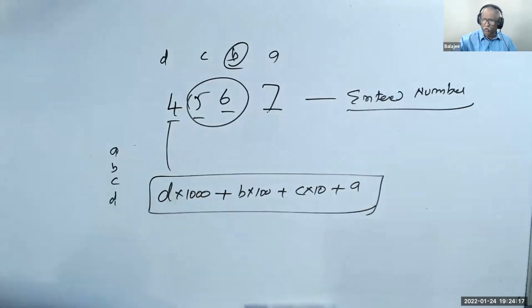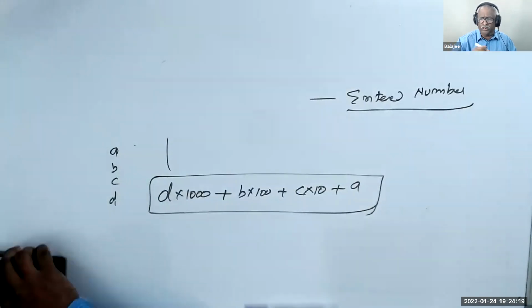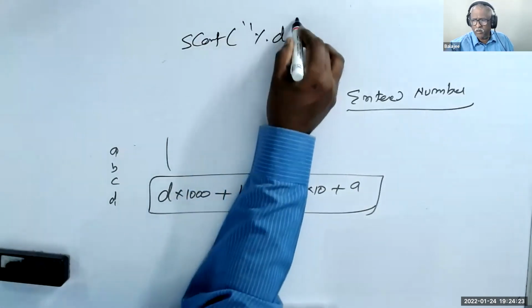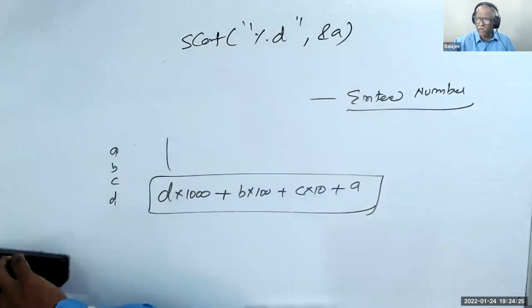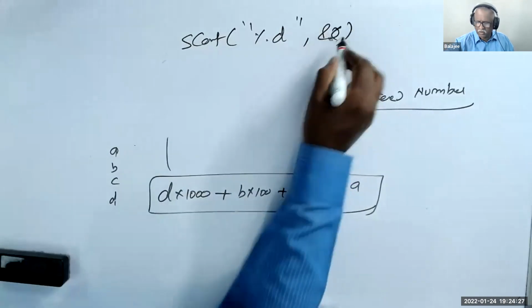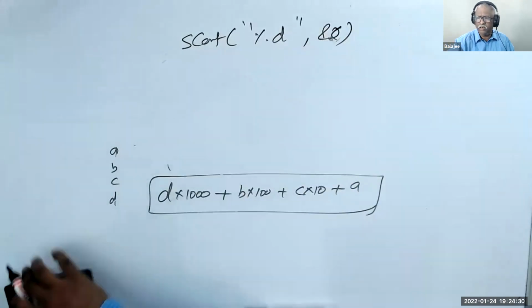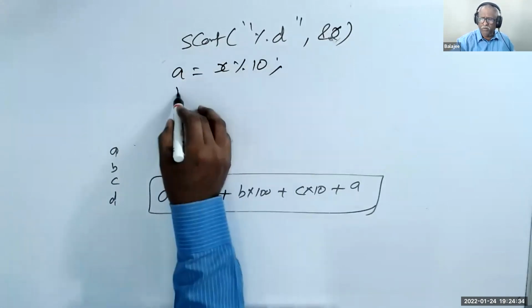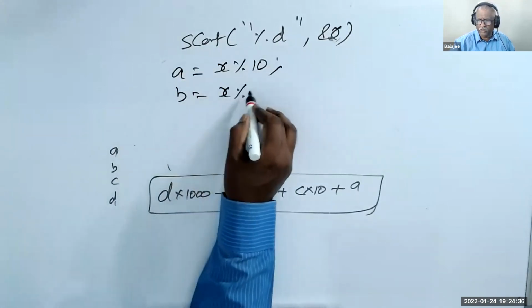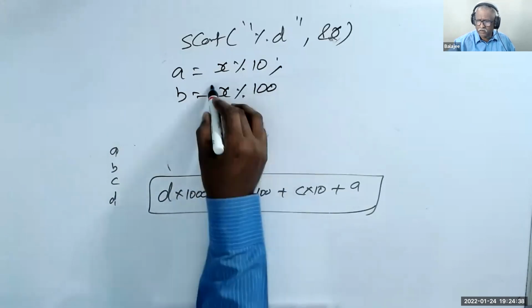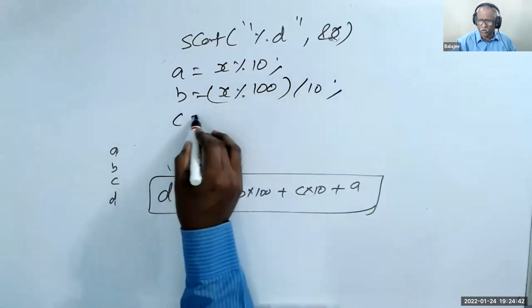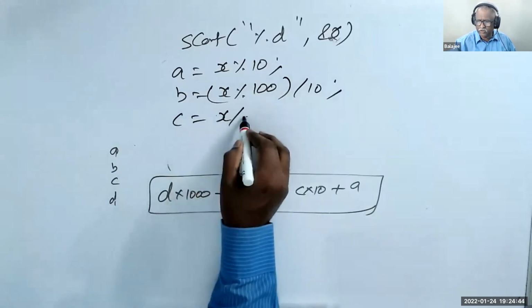Oh, you have to get it. Whatever number you get from this user, scanf, and A and X. Sorry, this is a number. Then you should say here A is equal to X percentage 10. B is equal to X percentage 100 divided by 10. C is equal to X percentage